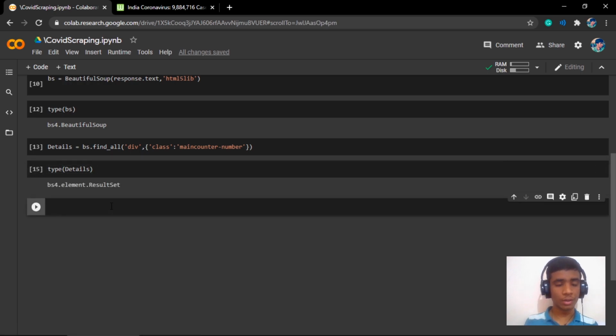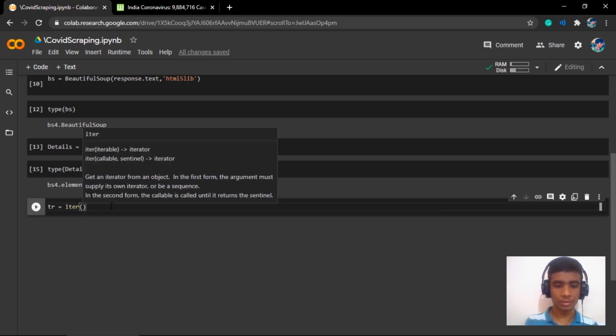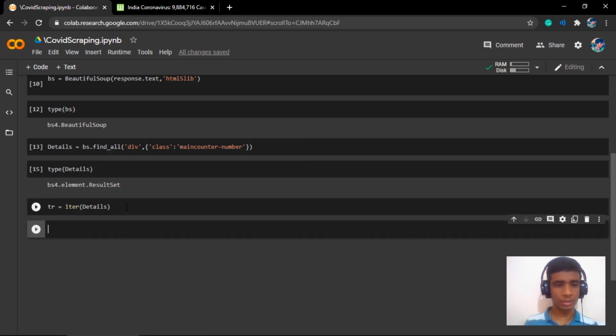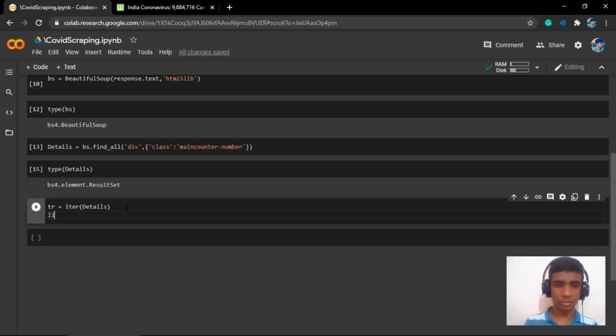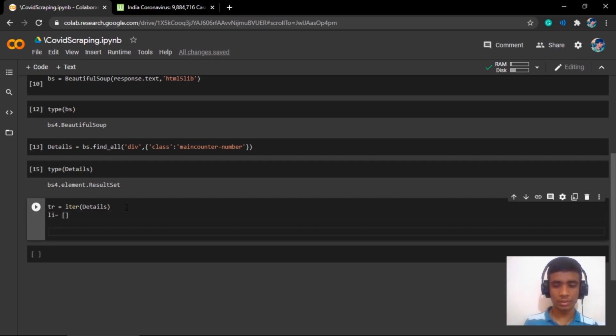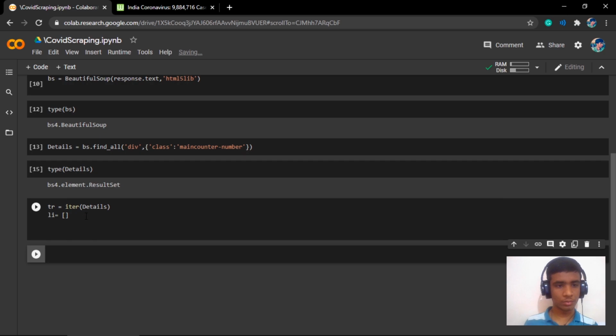Now I can simply iterate through this. Let's generate an iter object, iter of details. Now this is an iter object, and let's also create a list so that we can push these elements. Okay, so we have created a list.